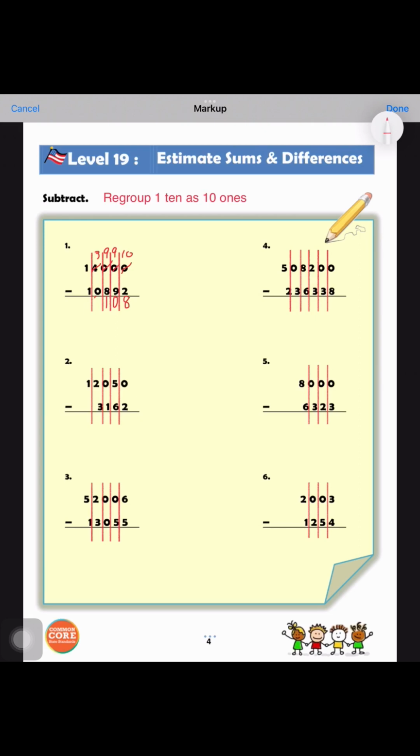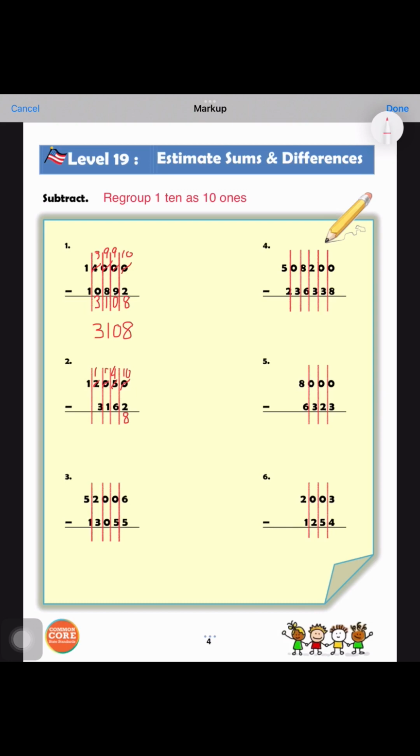And lastly, 10,000 minus 10,000 equals 0, and the final answer will be 3,108. Question 2. 0 is not enough to minus 2, therefore we regroup 1 ten to 10 ones. 10 minus 2 equals 8. And 4 tens is not enough to minus 6 tens, so we regroup